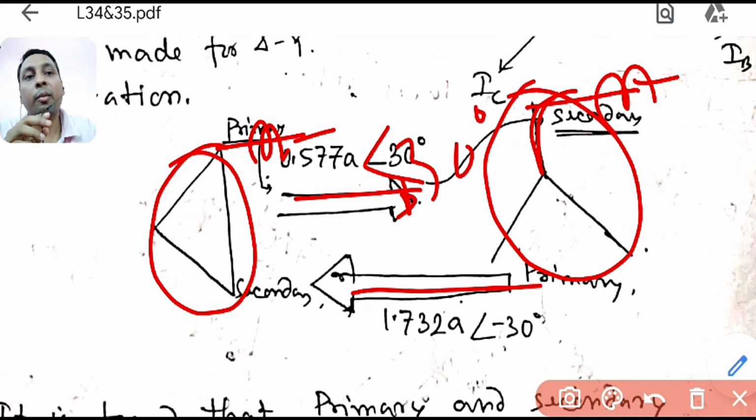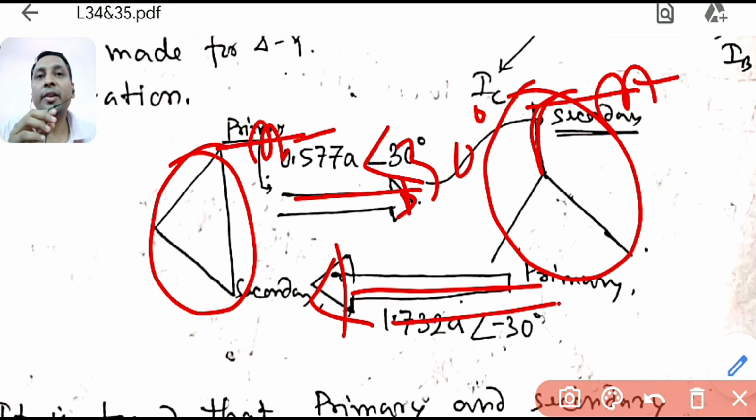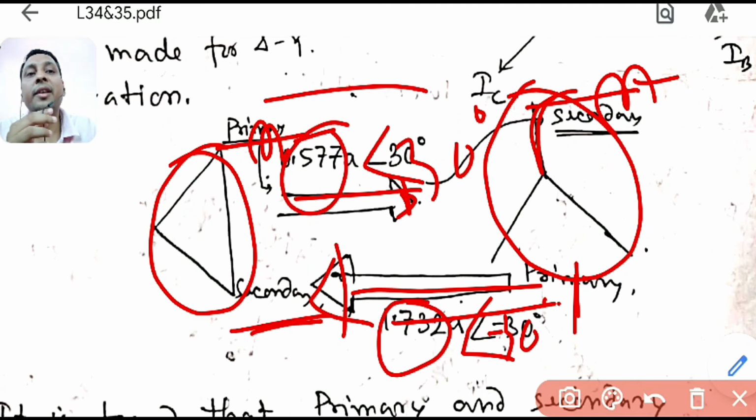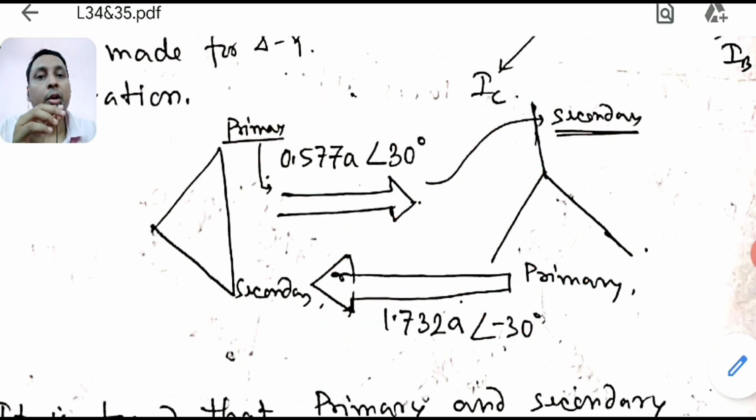And if you go from phase to line, from star to delta, you can think I am going from phase to line in terms of current. So in star I was in phase current, now I am going to line current. So in voltage it is leading, in current it is minus 30. And if you are going from phase to line, you multiply by root 3. Here from line you are going to phase, so you divide by root 3. 0.577 is nothing but 1 by root 3, that is 1 by 1.732, that is your root 3.